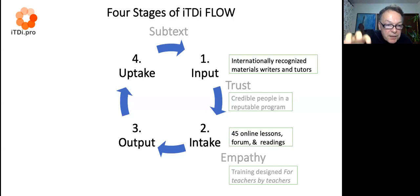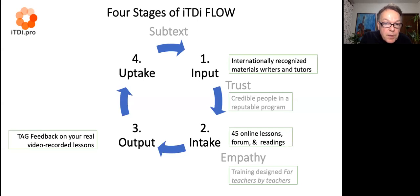We're building this as teachers, training other teachers. So we really believe we have a lot of empathy on our side. On this output, the idea of giving this tag feedback, tell what you think, ask questions, give suggestions based on your real lessons, your real students, and that we think that that's a core difference between what we're doing and